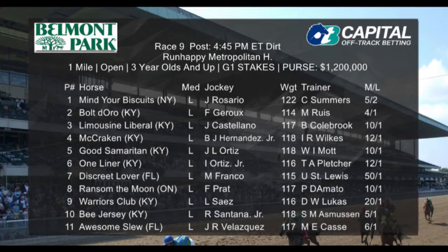Number 9 is Warriors Club going out for Dwayne Lucas. Louis Saez is going to be aboard, 20-1 on the morning line. This horse did have a win two starts back in the Grade 3 Commonwealth at Keeneland, going 7 furlongs, upset that field, including a horse that I know you like and is going to have in the top spot in here, Limousine Liberal. Last time out, Limousine Liberal was able to turn the tables on Warrior Club, but